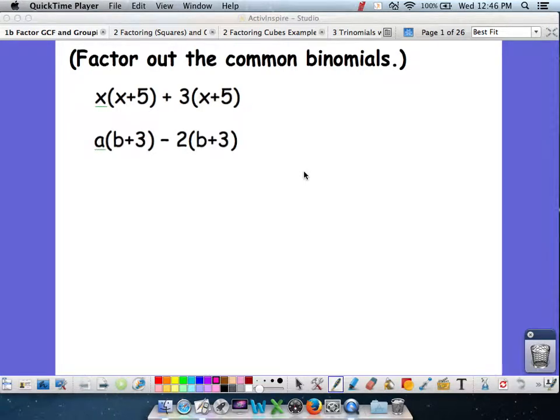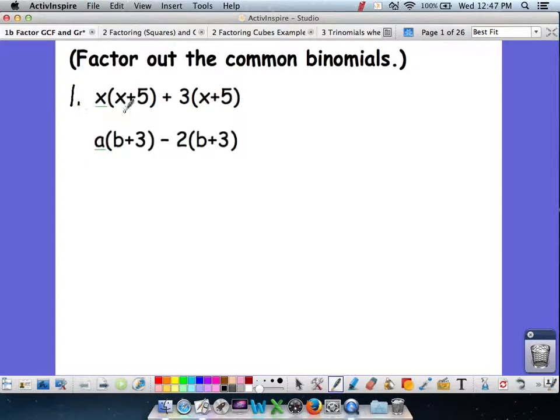We're going to look at factor by grouping. In this first part, whenever we're factoring by grouping, this has already actually been grouped for you. We're looking at the greatest common factor to kind of set it up here for us. In the greatest common factor, in this, I'm going to call it number 1, if you look at this binomial,